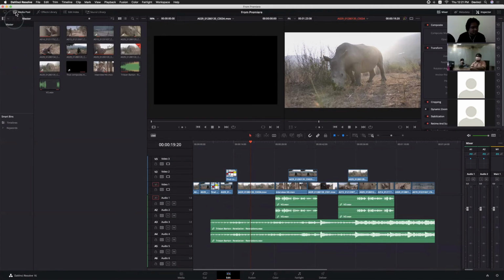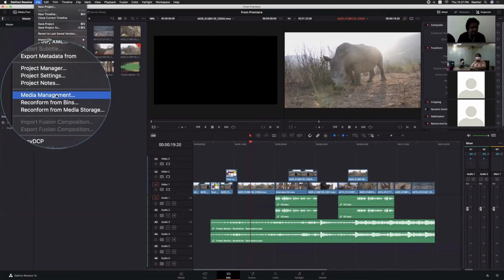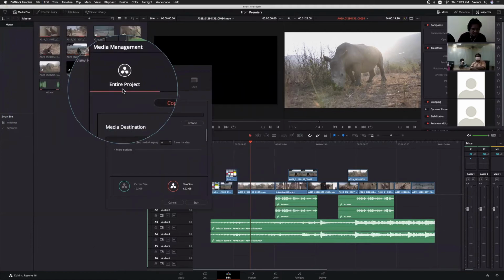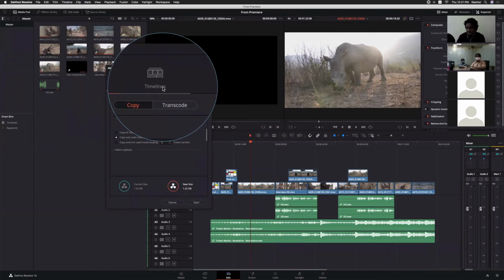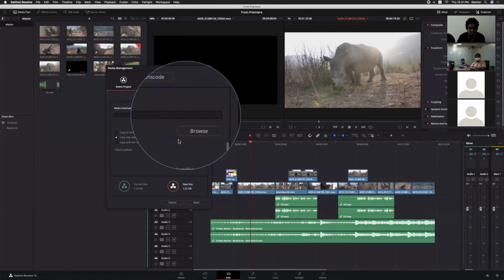That option you will find here in the File menu. So media management, click on media management. When you click media management, it will ask you whether you want to consolidate your entire project, or maybe only a timeline, or only particular clips. And it will show you the size.